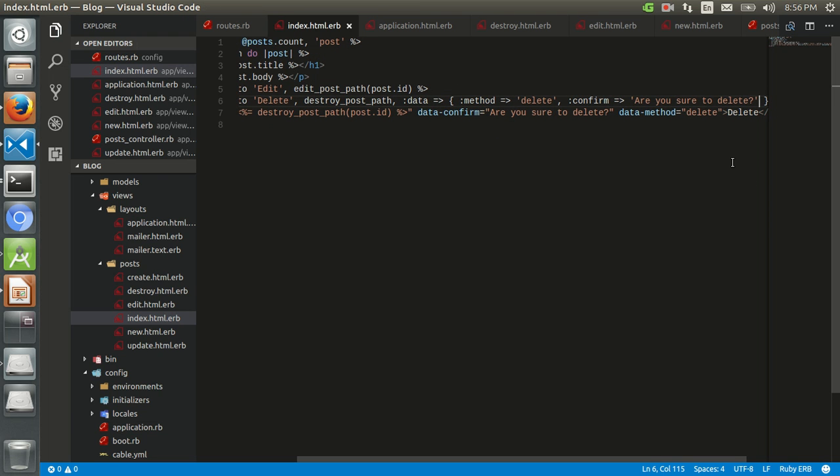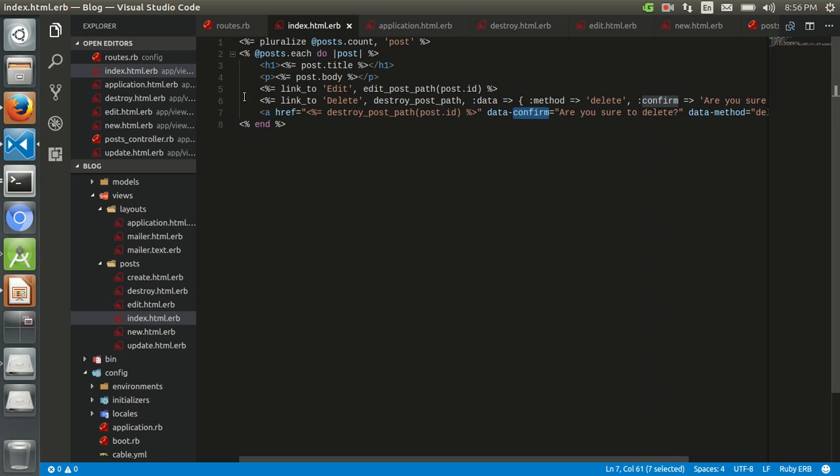So this is how it works in Rails. To specify any attribute in the tag with data as a prefix, you give colon data and it takes a value, and that value is gonna have a key value pair, and the key in those hash are gonna be the suffix in that particular attribute, like confirm and method. So with that done, let me